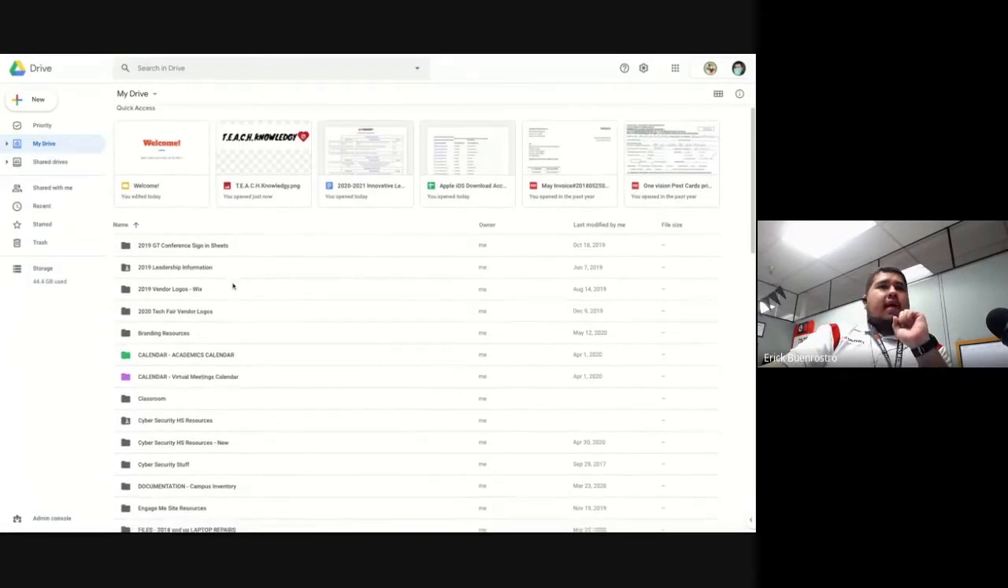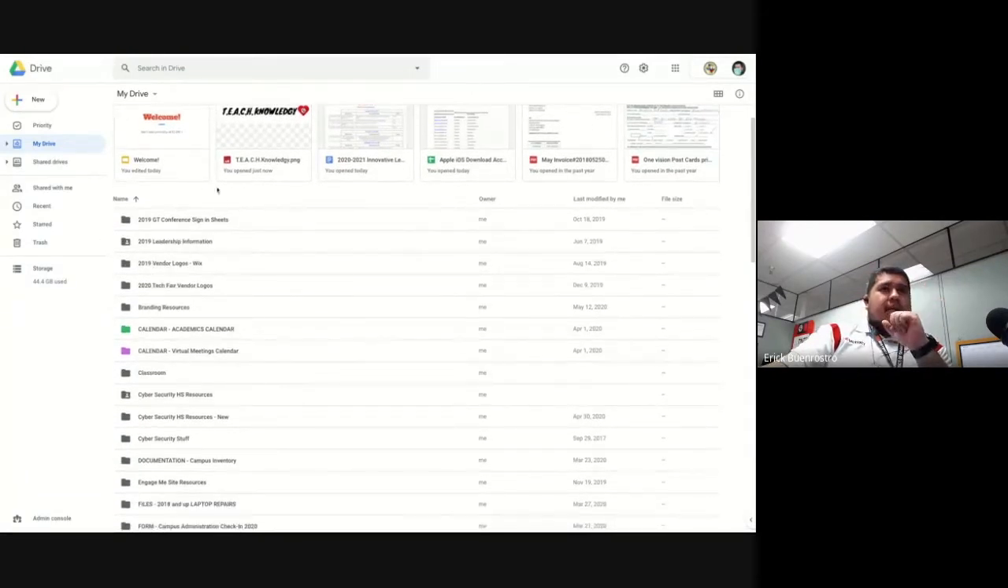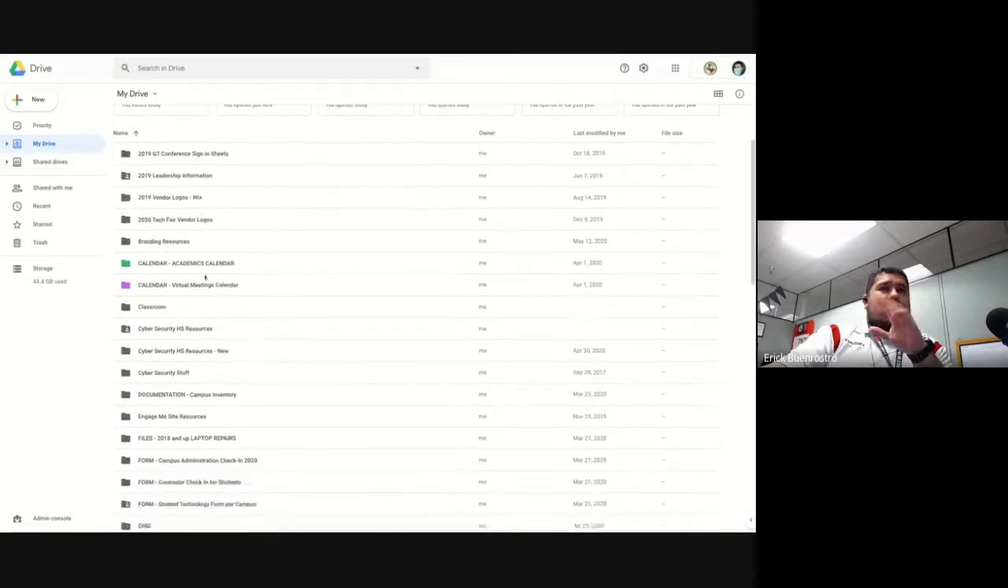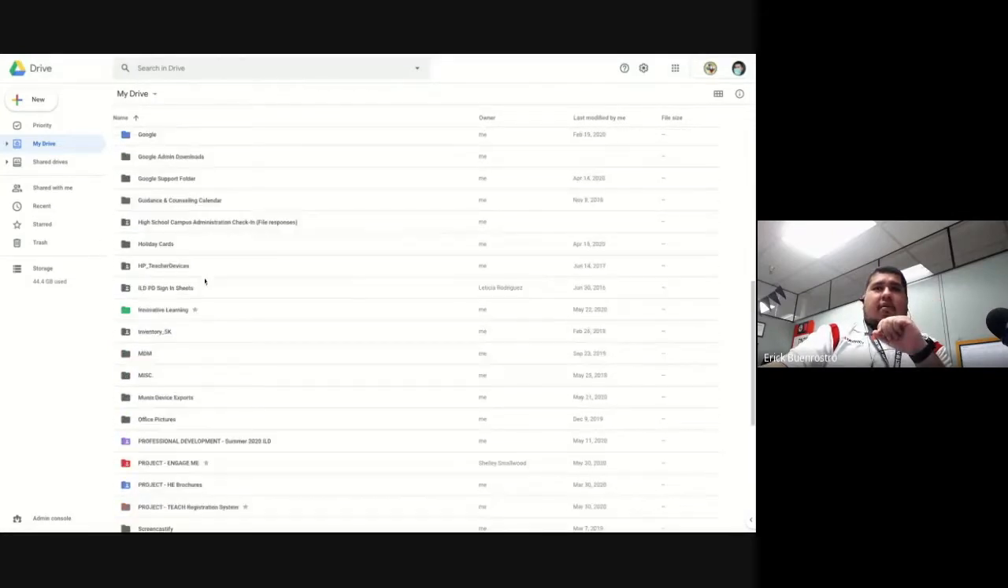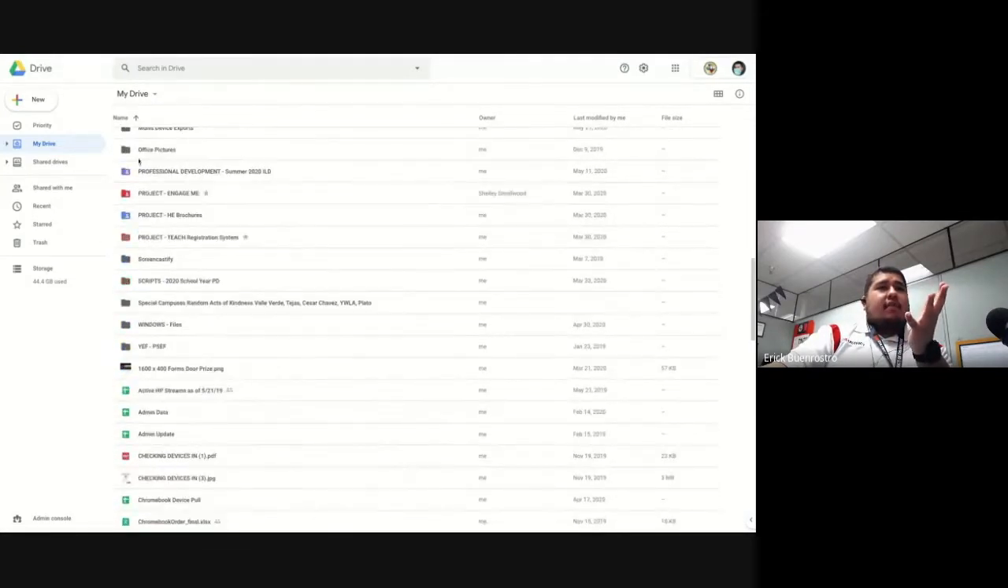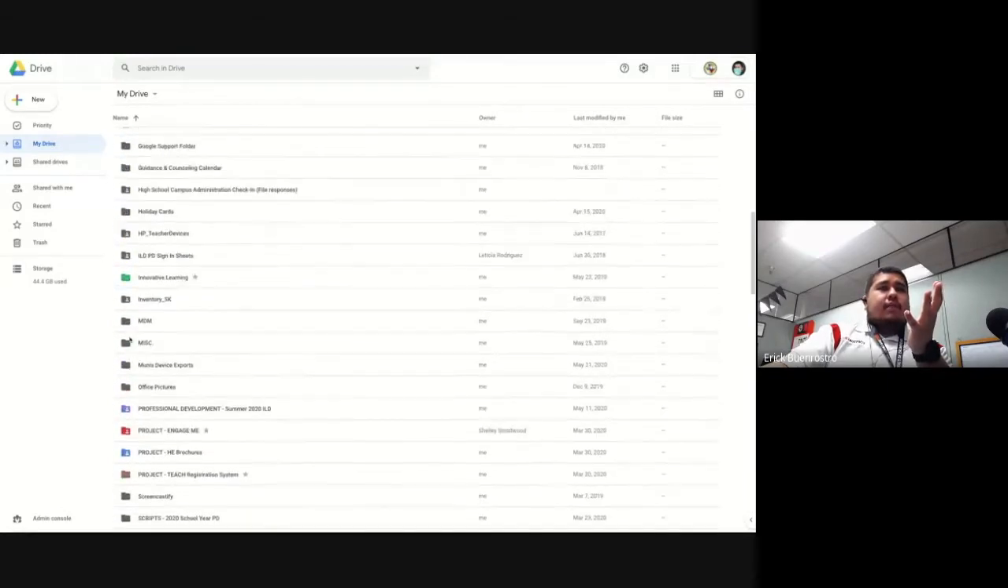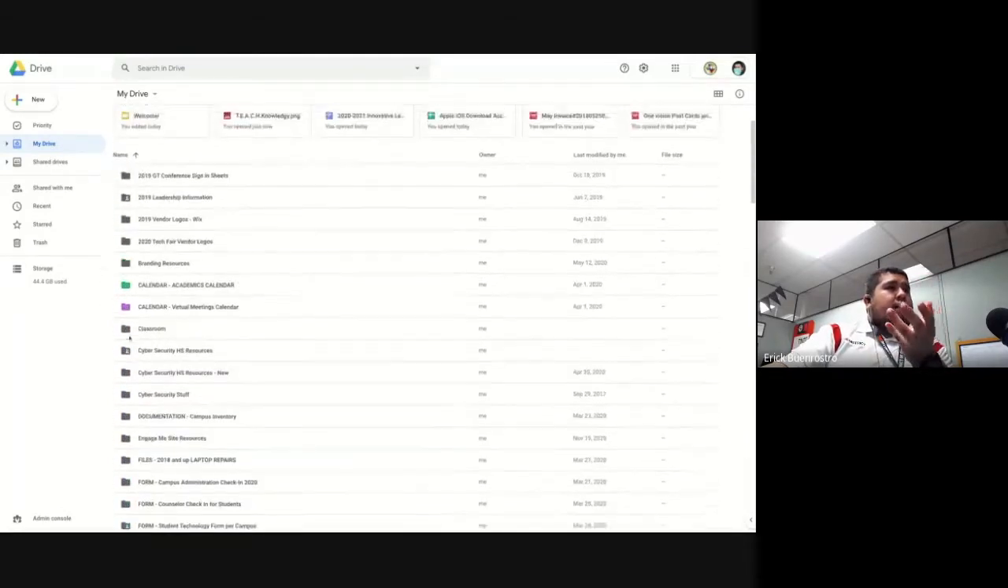So again, going back into my drive. I'm looking in my drive right now, at the middle container where all of my documents are kept. If you notice, I have quite a few folders and some of them are color-coded. So one of the things that I'd like to introduce you all, if you haven't been familiar with this yet,